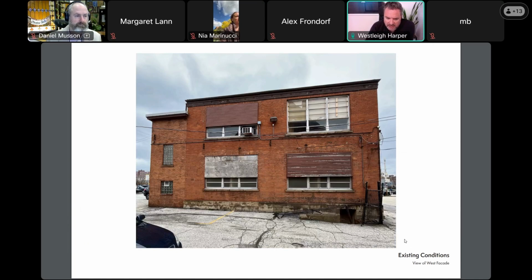Here we're looking at the western facade, similar window system, of course, and sun shading devices. To the left, you can see an addition to the existing building. We're not exactly sure when that addition occurred. It does kind of look like 1940s vintage, in my opinion, but there's no hard and fast date on that.